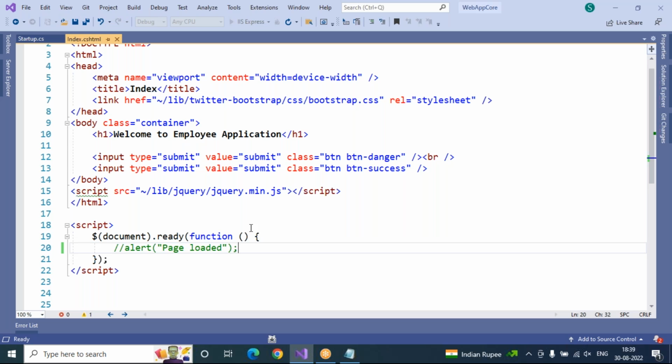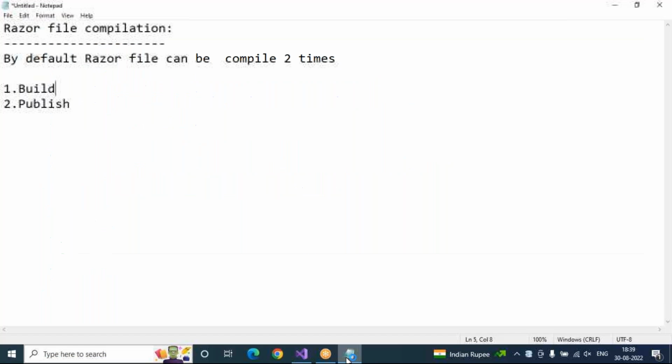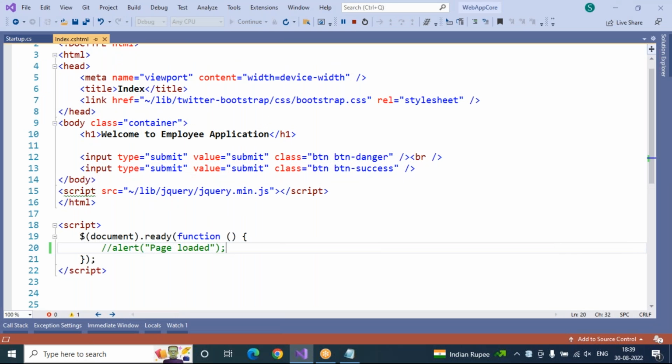So at the time of build, the Razor file code is compiled. A Razor file in the sense of what? index.cshtml only. A Razor file is a view, and a view is nothing but a combination of HTML and C# .NET code. So index.cshtml is a Razor file. This file is compiled 2 times: one is build time and the next one is publish time. But look at here, after loading this into the browser,